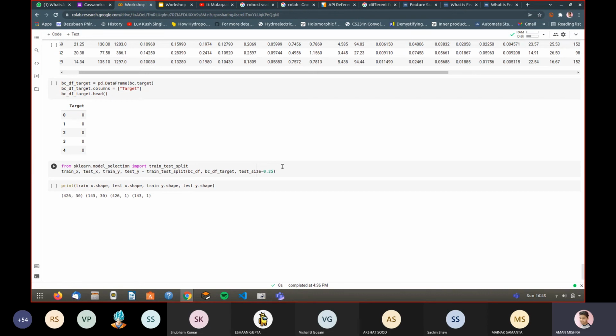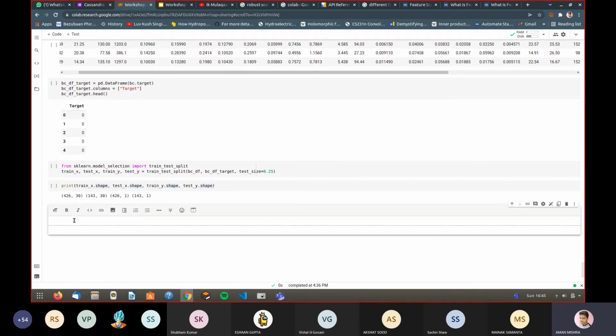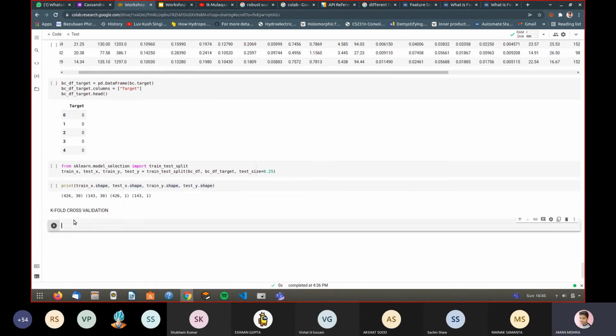As a remedy, there is another method known as k-fold splitting. I'm just mentioning the term so that you will explore it by yourself. That is known as k-fold cross validation. You will Google this method. I'm not sharing anything about it; you need to look at it by yourself. I'm just sharing the terminology. K-fold cross validation is also a very good method to divide your dataset and avoid overfitting or underfitting on your test dataset. So everyone, please search about this term after this workshop.